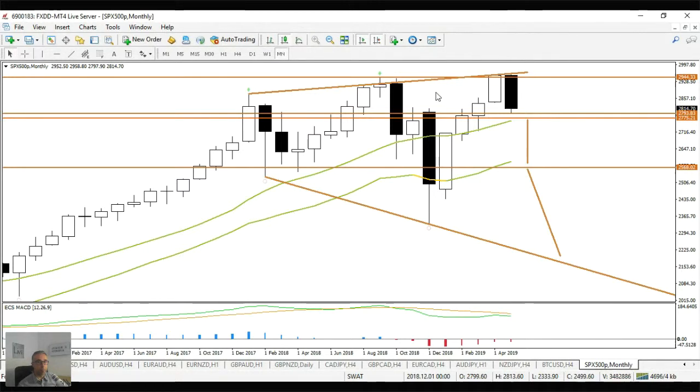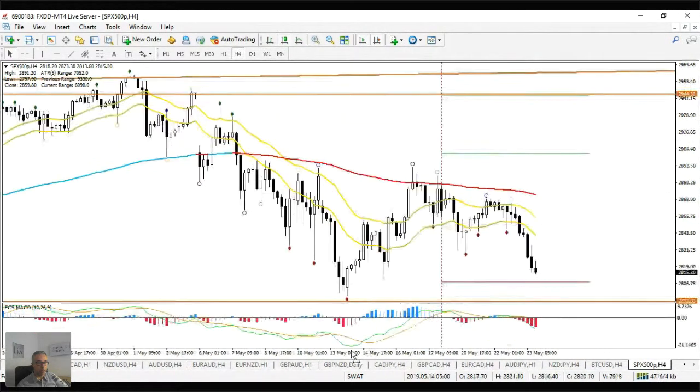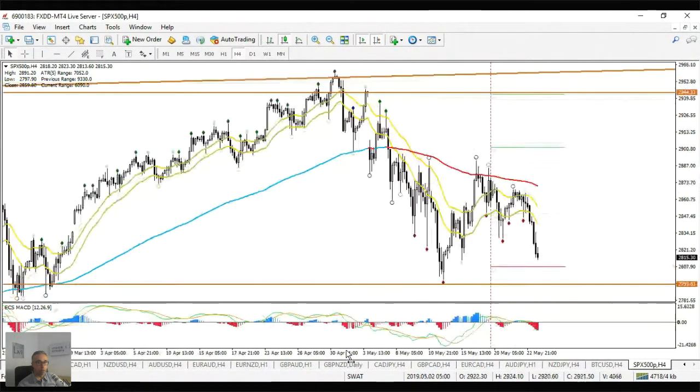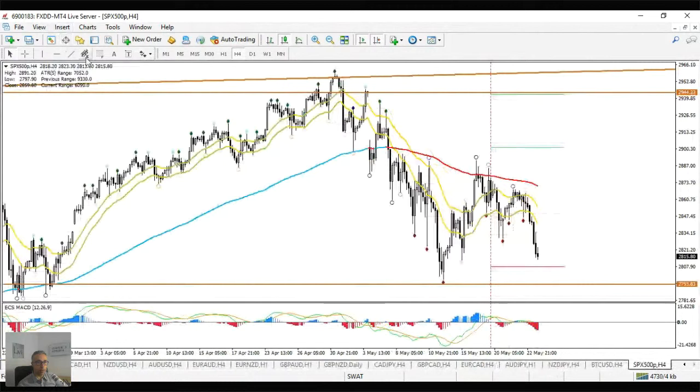So this is a key piece of information on this S&P 500. All right, but early signs are, from my point of view, that we're going to get a bearish candle. And one of the reasons is,